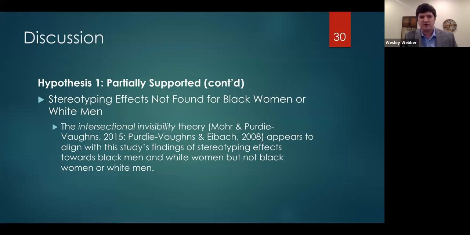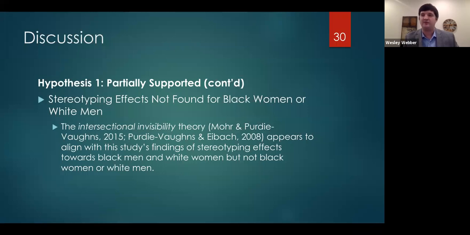So this theory says that those with more than one marginalized identity may face a more subtle kind of oppression, less overt than those with one marginalized identity. Specifically, this may relate to a general lack of societal consciousness or representation that is provided to people with more than one marginalized identity. So within this framework that the neuroscience perspective brings us, this idea of prediction that N400 measures a learned response, combining these different literature areas, it may be that